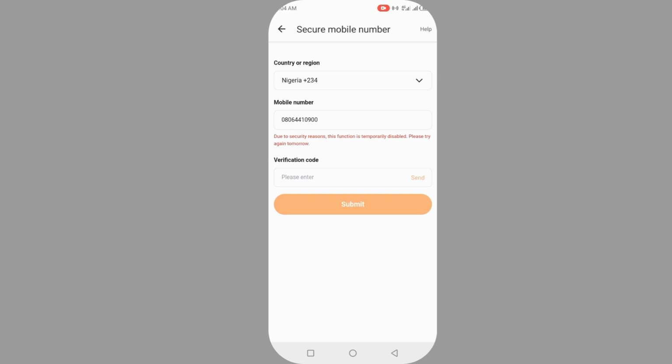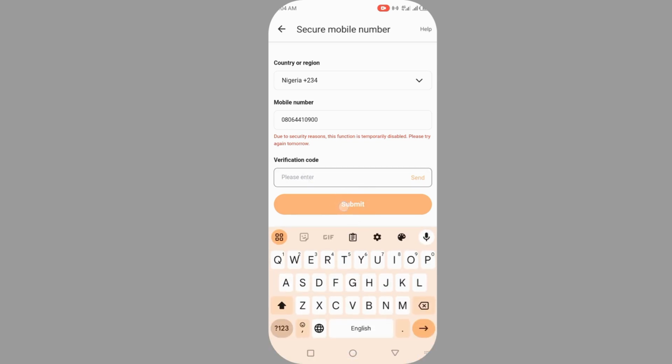Once you click on send, put the security code and click on submit, and you're going to be able to submit and put your mobile number on your